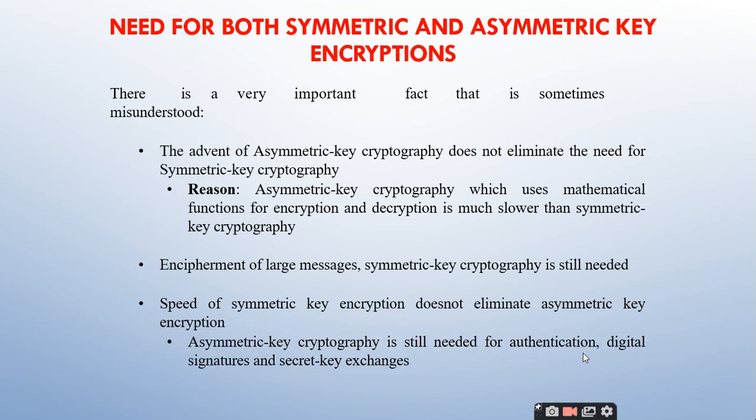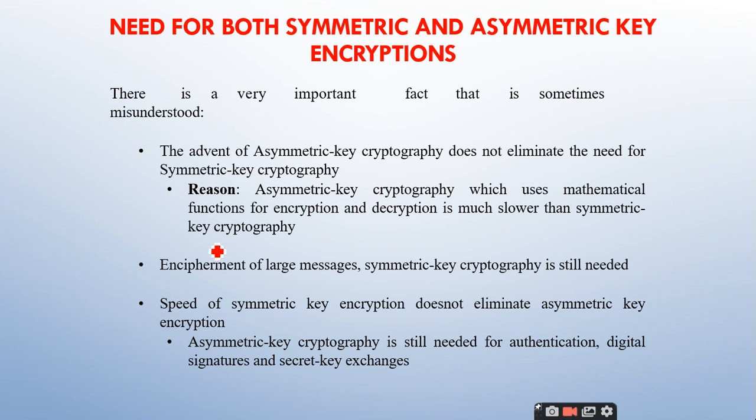And this is very important. Listen, what is the need for both symmetric and asymmetric key encryptions? Is it not enough that we have only symmetric, or only asymmetric? As I told in the first slide itself, in the introduction part, both the symmetric and asymmetric key cryptography algorithms run in parallel. They are complements to each other. One disadvantage of one encryption system is overcome in the other encryption system, right?